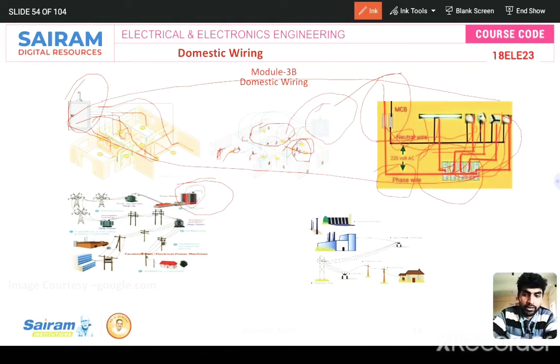From the thermal power plant, power goes to the transformer, and from the transformer to the consumer side. Here is our home, and this is for industrial purposes. I have taken these photos from Google. I searched for domestic wiring system or internal wiring system, and also single line diagram of power supply system. I got these many diagrams.